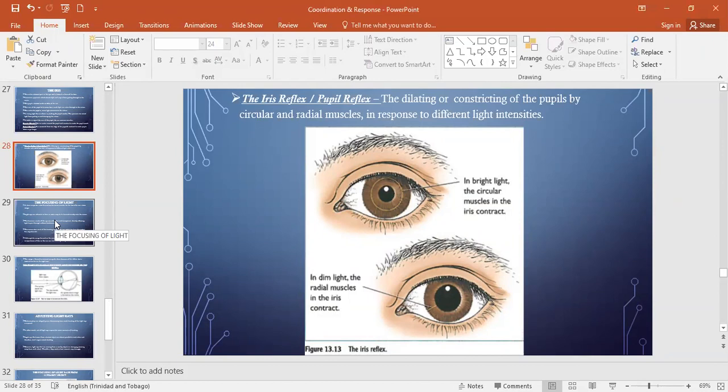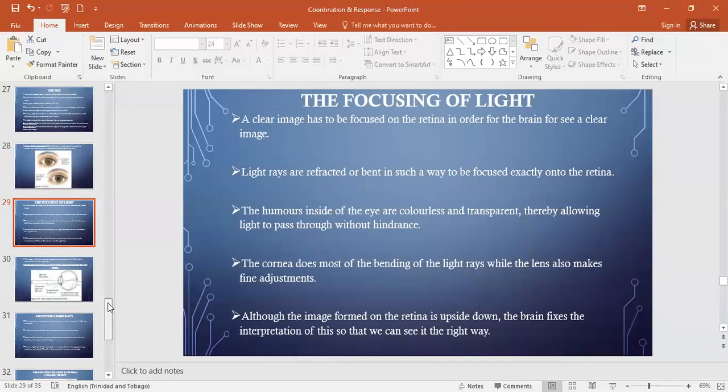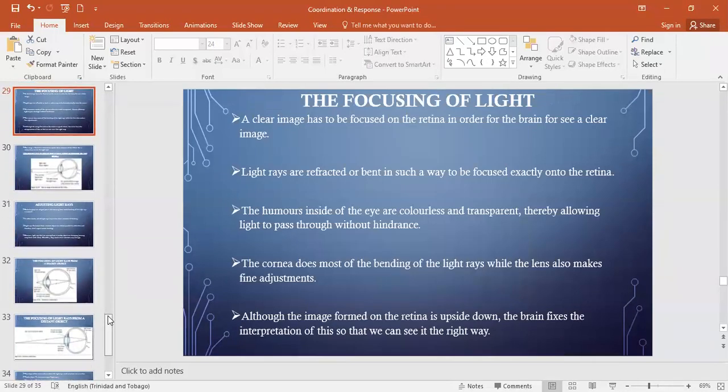Okay, so now that we've spoken about that, we have to get to the focusing of light itself. A clear image has to be focused on the retina in order for the brain to see that clear image. Remember, in order for you to see anything, light has to fall on the object, bounce off that surface, and enter into your eyes. You all did that already in physics,